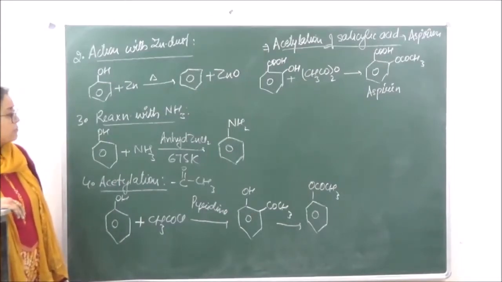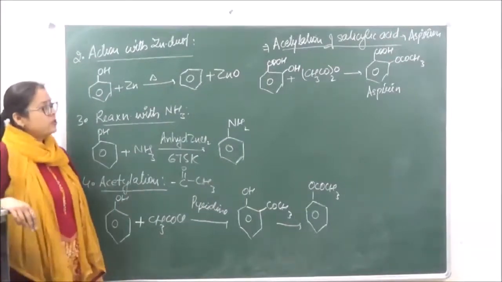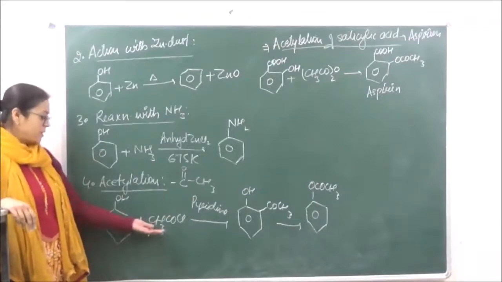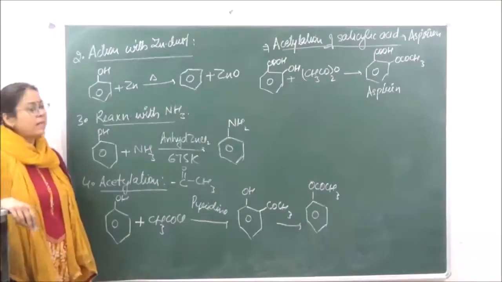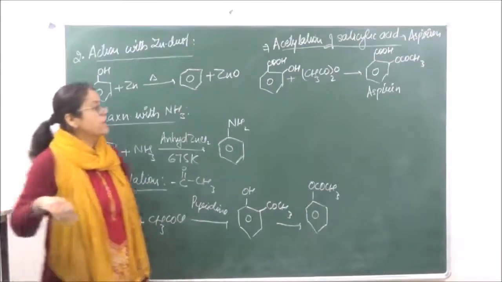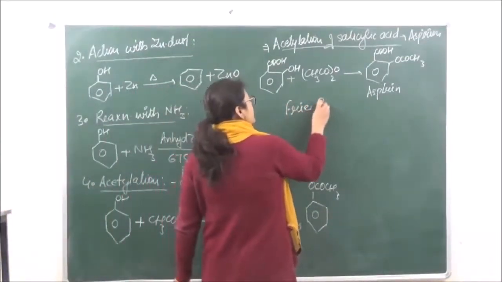Or you can also get how do you make aspirin from phenol. So to make aspirin from phenol, first you have to convert phenol into salicylic acid. After that you do the acetylation by reacting it with, either you can react it with CH3COCl, but mostly we react it with acetic anhydride to give us aspirin, right? Now there is another reaction over here which is known as the Fries rearrangement.